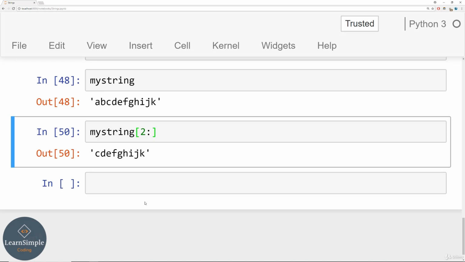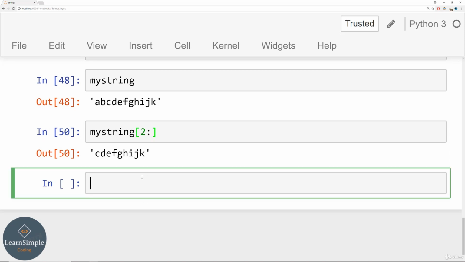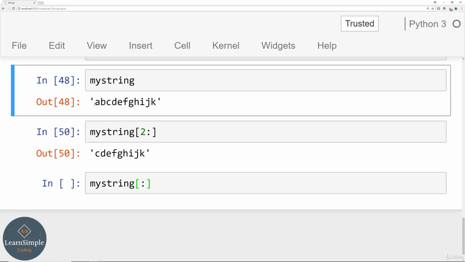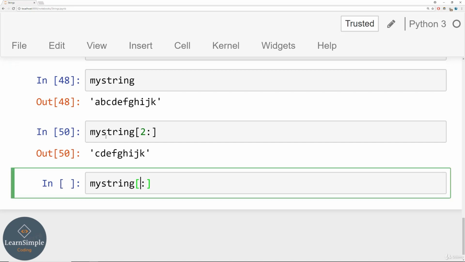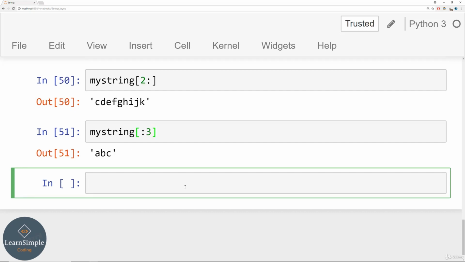and there we have C, D all the way to K. Okay, now let's imagine kind of an opposite situation where I want to grab everything up to a particular index. Then I could say myString, colon, and let's say I wanted to grab A, B, and C. So starting at the very beginning, go ahead and grab all the way up to essentially letter D here. So we'll say 0, 1, 2, 3, pass in 3 there, and then we run this and we get back